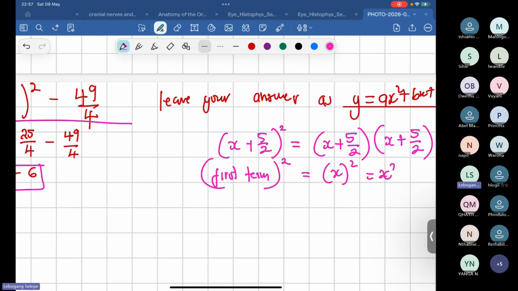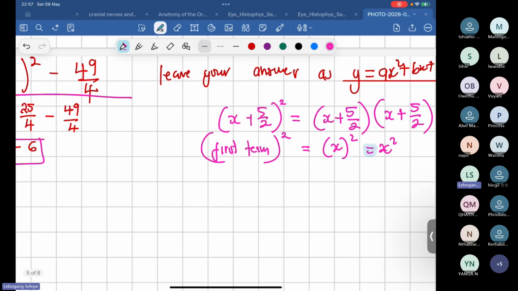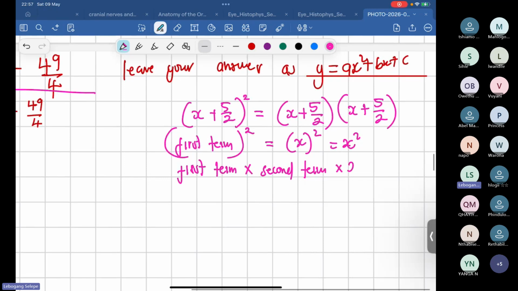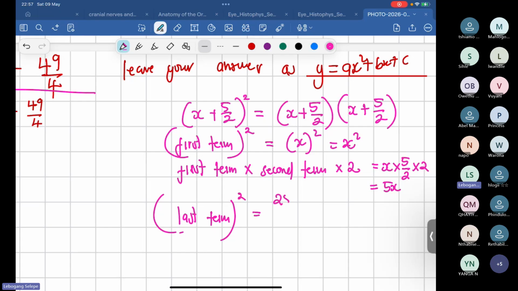Then you take the first term, multiply it by the second term, and then multiply that by 2. In this case, I basically said x multiplied by 5 over 2 multiplied by 2, and that is what gave me 5x. Then lastly, we take the last term and then you square that, which gave me 25